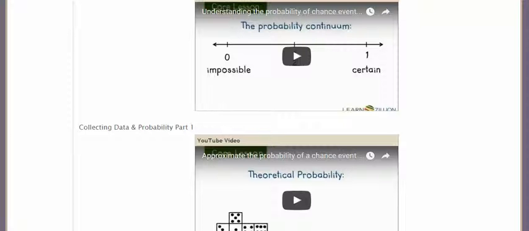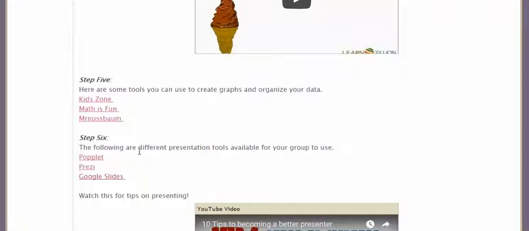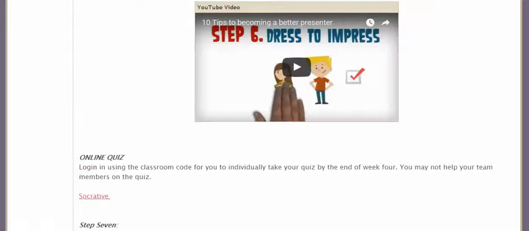That way they can review, especially for this project, because probability will be playing a big role. And then there are tools students can use to organize graphs and all the data they'll be collecting. There are some links there they can use. Step 6 has different presentation tools students can use. These are only suggestions, and there are some tips for them for their presentation, because their final presentation will be